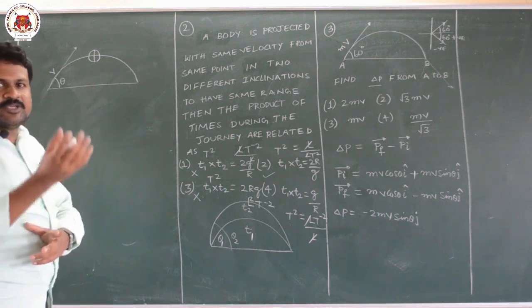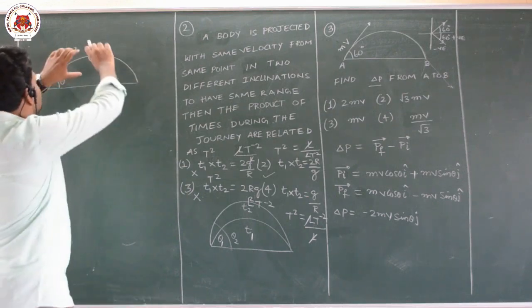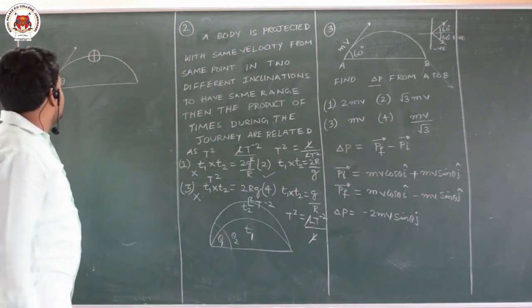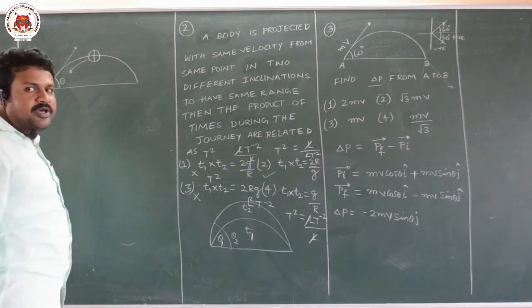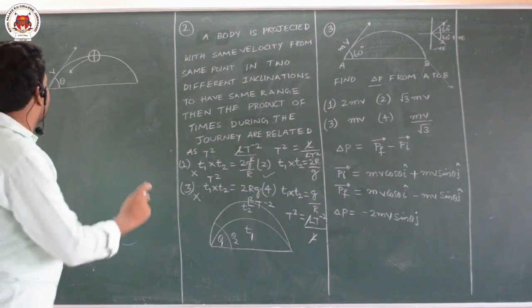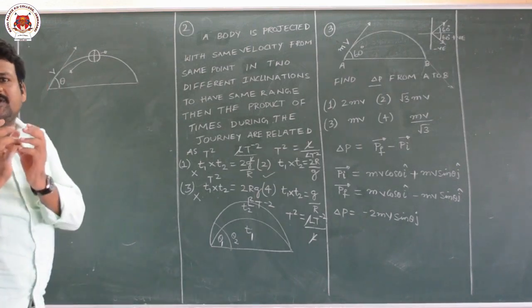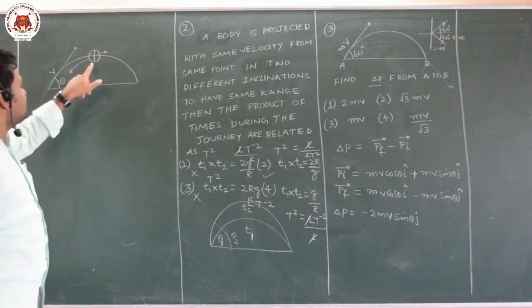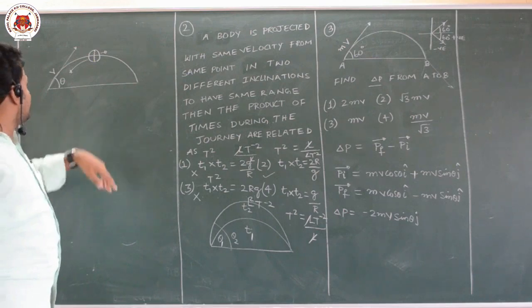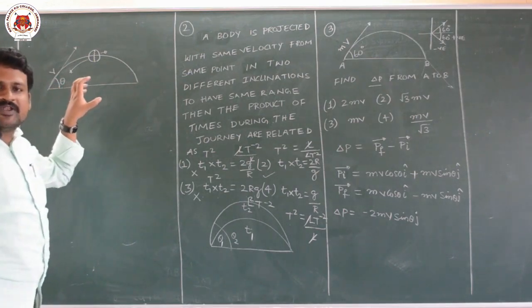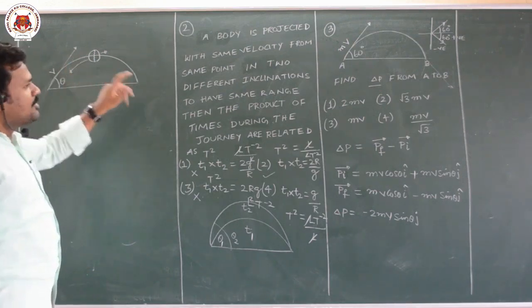The question is, there is a projectile projected with velocity v making an angle theta with horizontal. At its highest point, it has broken up into two fragments such that one of the fragments retraced its path. Then calculate the velocity of the other fragment. The projectile is broken up into two fragments at the maximum height. Initially it is a combined mass having a velocity v. After reaching here, it is broken up into two fragments. This is also based on momentum only.